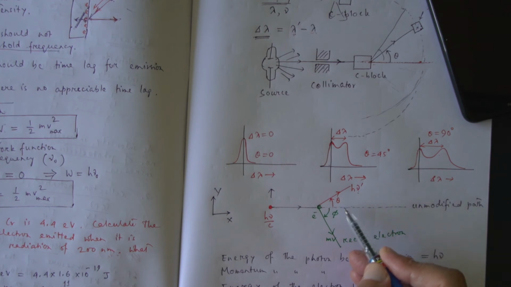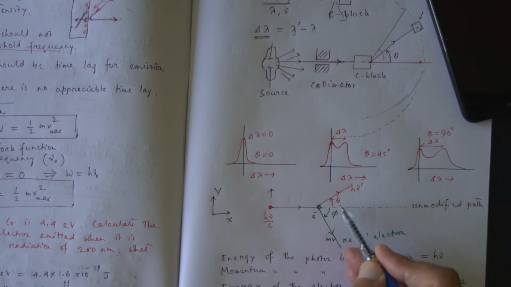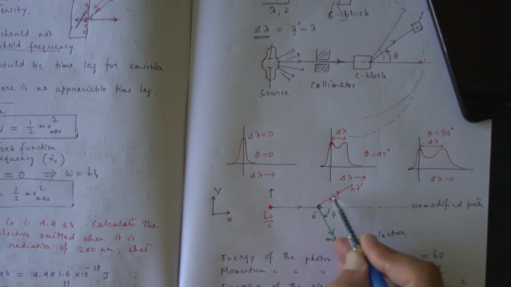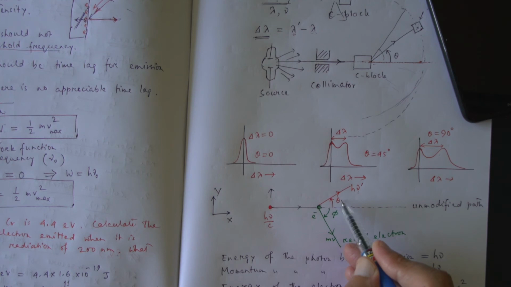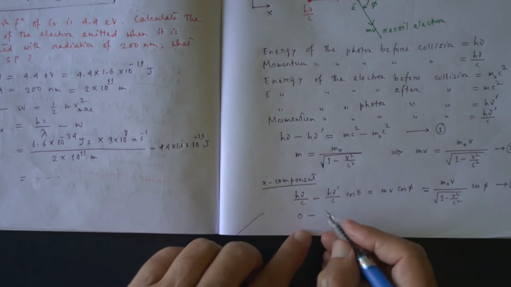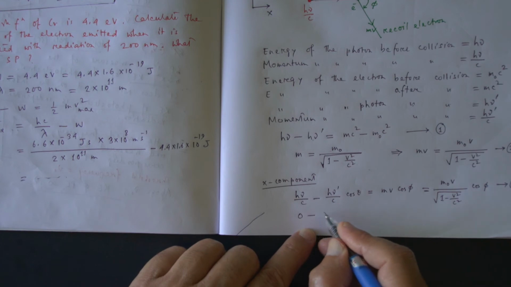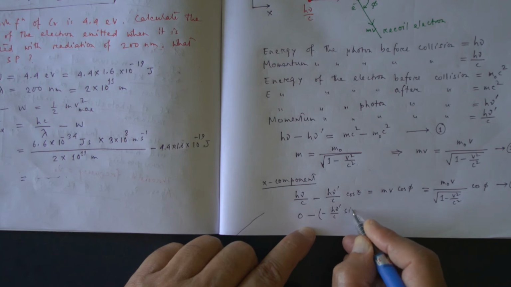What will be the y component of momentum here? It is h nu dash by c sine theta. If we consider this direction, sine theta, it is minus theta in this direction, plus in this direction, minus in this direction. Cos of minus theta equals cos theta, sine of minus theta equals minus sine theta. So this is 0 minus h nu dash by c sine theta,